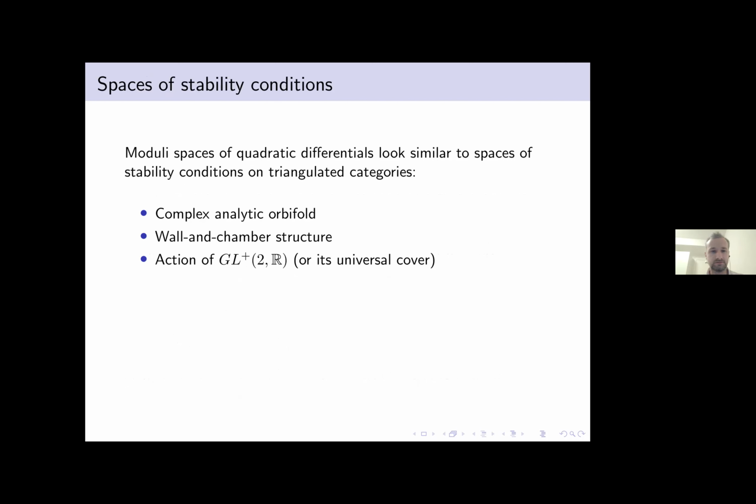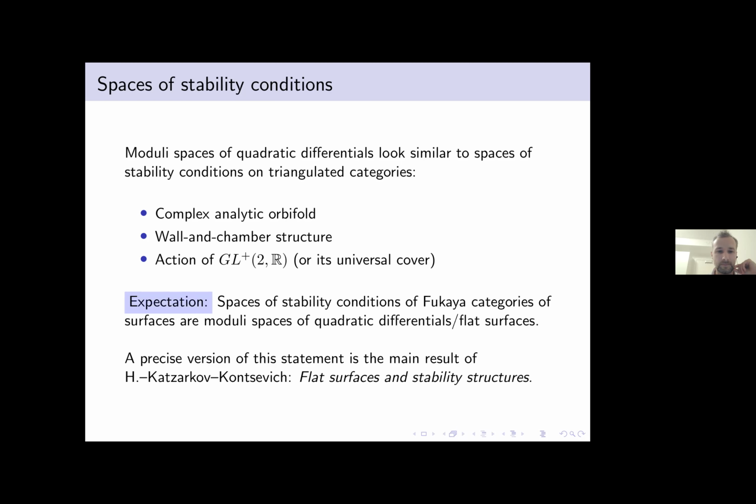Okay, so now, I mentioned that there are some moduli spaces which look a lot similar. They look similar in the following way: they're complex analytic orbifolds, they have a wall and chamber structure, and they have this action of GL+(2,R), or in the case of stability conditions, actually the universal cover of this. And so the expectation, which I think Kontsevich and Paul Seidel noticed, and maybe some other people as well, is that